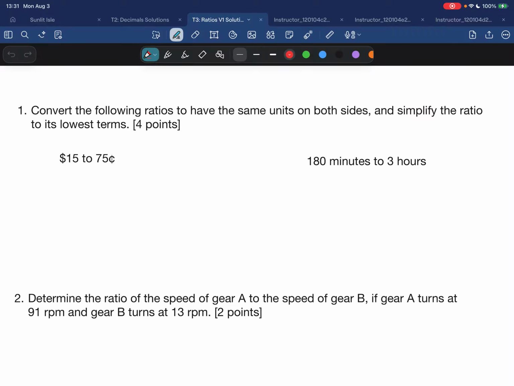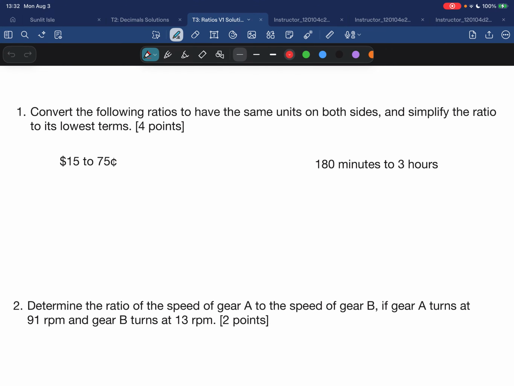Now, as a few of you pointed out, the units don't actually matter here. Technically, they're not supposed to have units. I made you include the units because units are important, and it's expected in this course that you learn to constantly use units. Yes, some of you are absolutely right, when you look at a ratio, typically you don't bother including the units. There's more to unpack there as to the reasons why, but we're not getting into it. The reason I made you do it, and the reason I'm going to do it, is just because it's good practice to deal with units all the time. So that's why. Anyway, let's